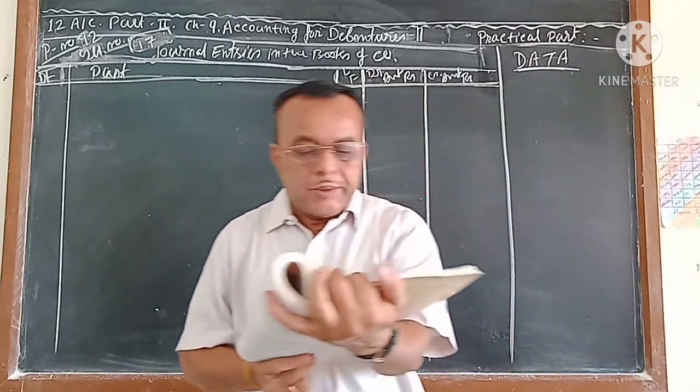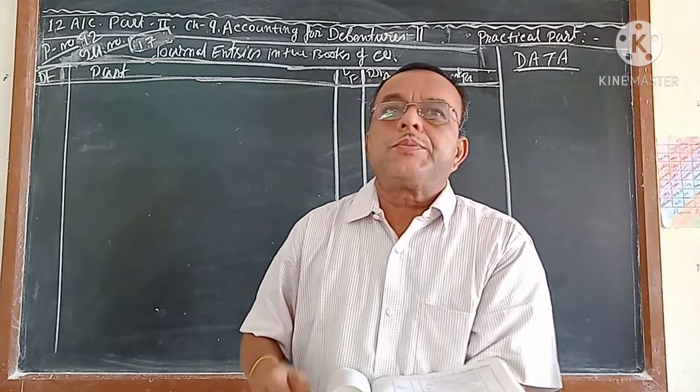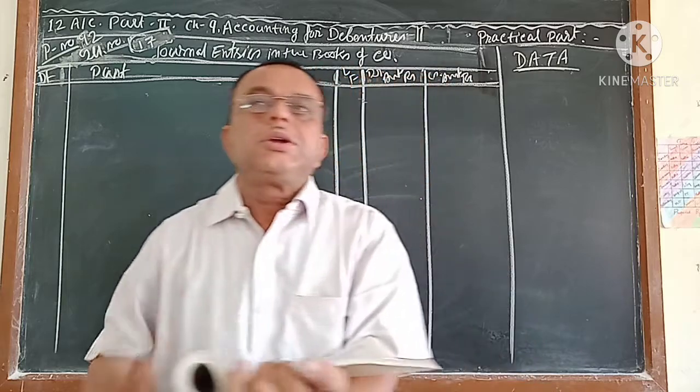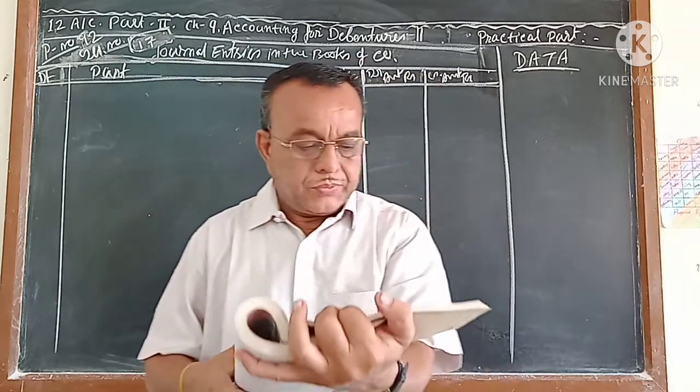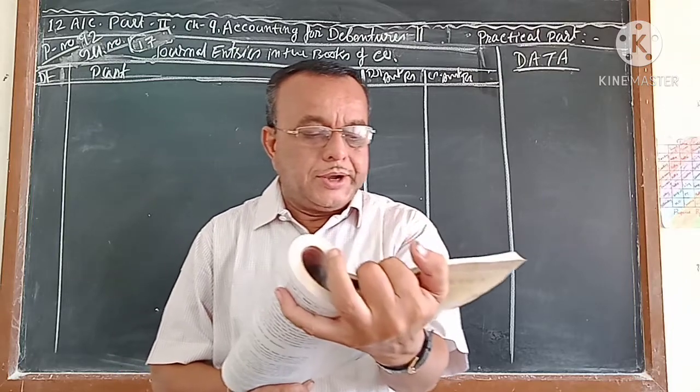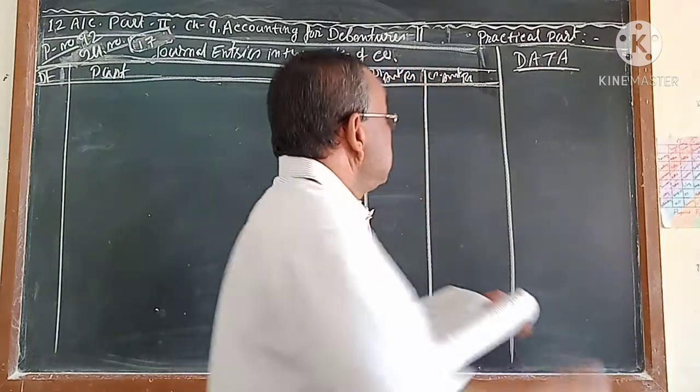But the redemption time is also given, because in the second journal, if during the redemption you are getting profit or loss, that effect is coming in the second journal. For that, the terms and conditions are given. Once again I want to collect the data. Dixit Limited issued 7,000 7% debentures.